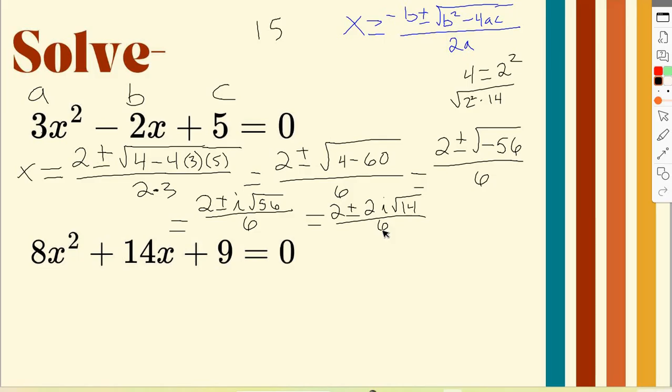Are we all okay? Or do we have any questions so far with those steps? Again, the quadratic formula is not necessarily hard to plug in, but it is combining a lot of different knowledge all together. So that's what can be confusing because you're bringing together a whole lot of stuff. So then the last step is just to split this up like we did the last one. So 2 divided by 6 plus or minus 2i square root of 14 divided by 6. And then we just tend to write that